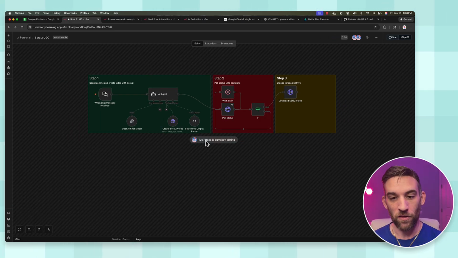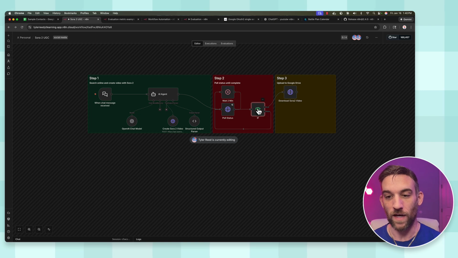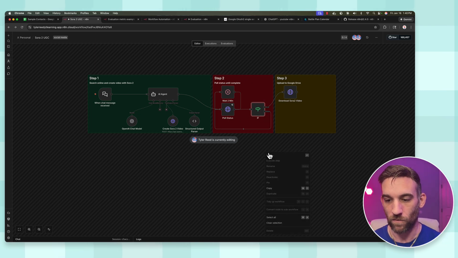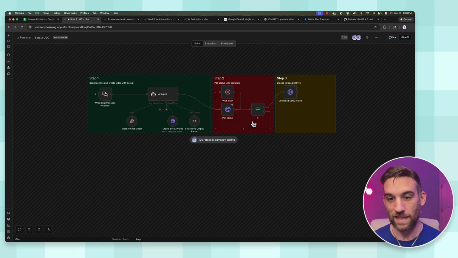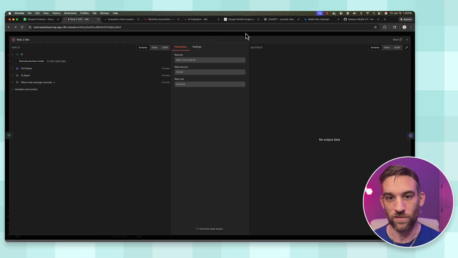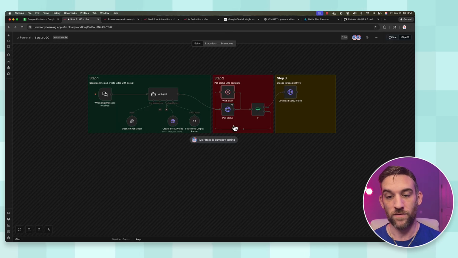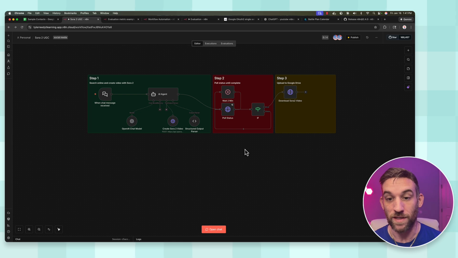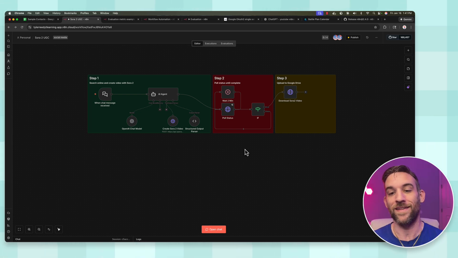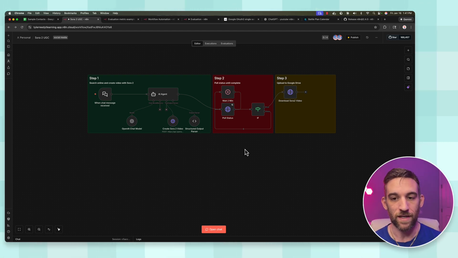It says the other me is currently editing, so I can't move, I can't right click, I can't add another node, anything. I can go into the nodes, but I can't click on these either. I can't do anything. So what they've done is, after a short period of time, if the other person isn't working, then it goes away. I stopped working for maybe 30 seconds, and now it's gone, and I can continue. But they freeze the editor for anybody else, and only the person that's editing can actually